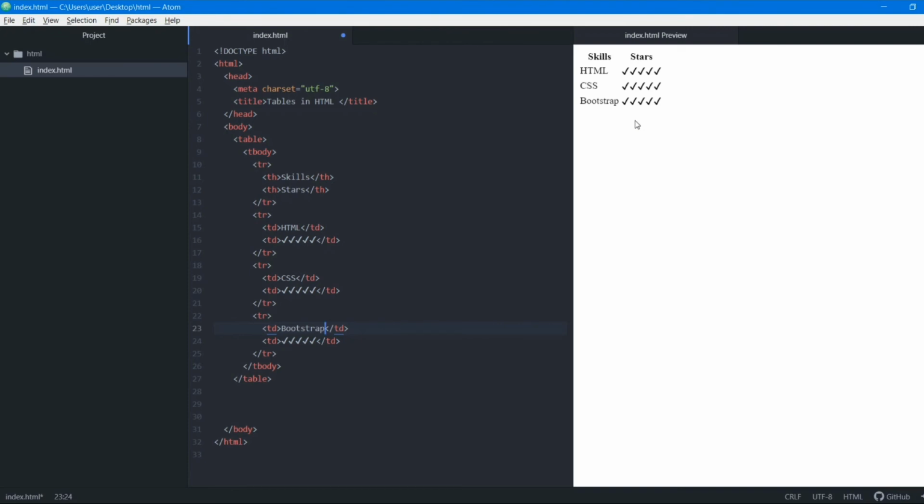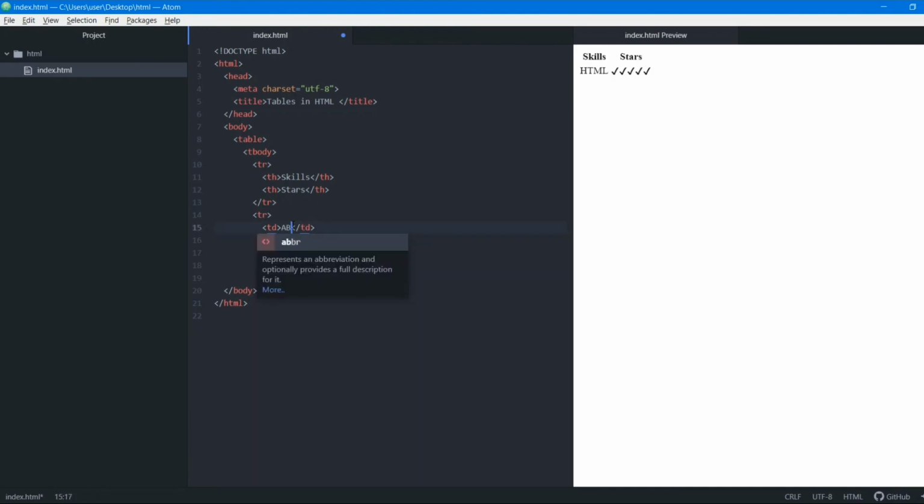Now the next thing we are going to learn about is nested tables: how to create nested tables and what a nested table is. Let me just show you what a nested table is. Delete data up to here, then let's write A B C here, and we'll delete this star also. Okay, ABC star star star.